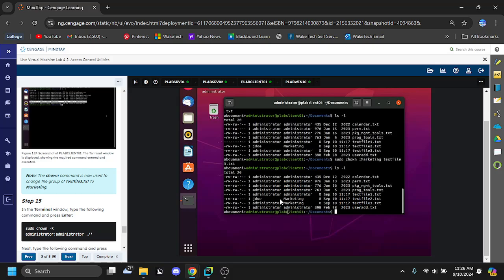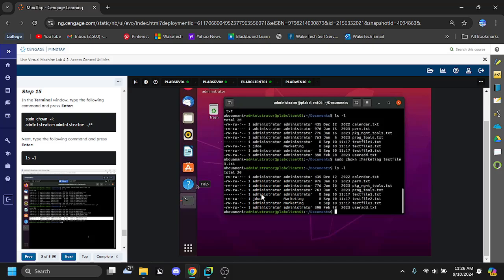But before they were in the administrator group. But because we used that chown command, we were able to successfully change the group of these files from administrator to marketing. So now we're going to type sudo chown